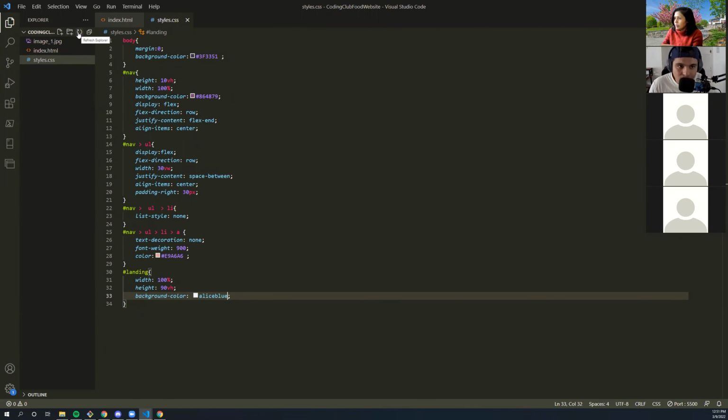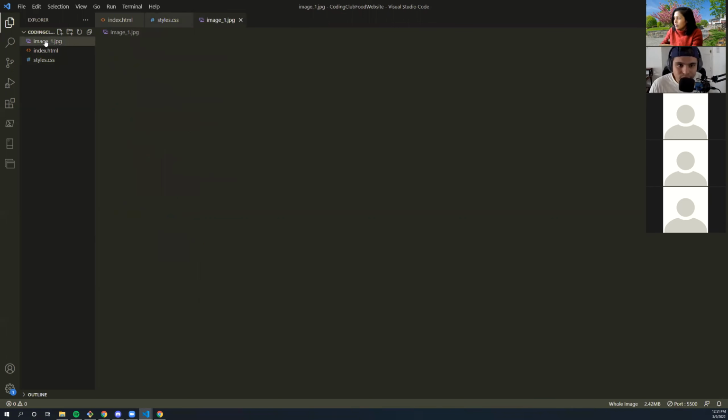But if it doesn't show up after you place it in the directory that you're working in, all you need to do is press refresh Explorer, right? And this will bring up the newly added image that's inside of your directory. All right. So I'm gonna click it and see what we have.